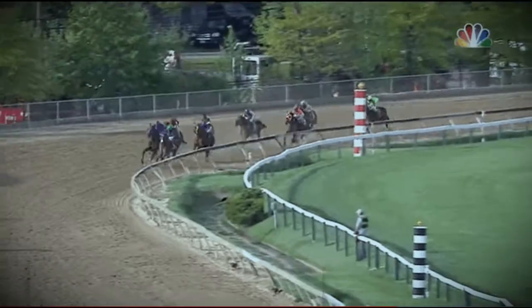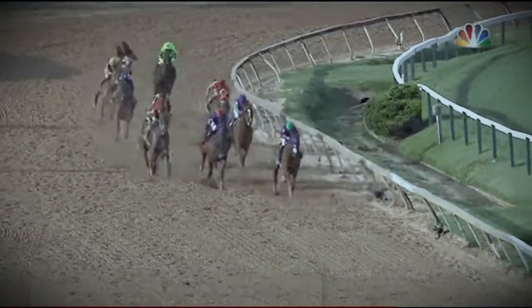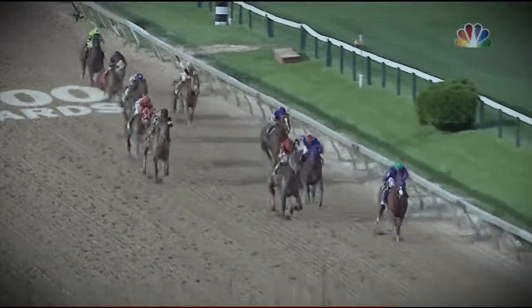at the turn. But at the Belmont, and in any attempt at a Triple Crown, it all comes down to whether or not a horse has enough in the tank to hold off fresher horses who sat out the Preakness. This tool decides Triple Crown winners. We don't know yet if Chrome possesses it. Secretariat certainly did, but don't expect Chrome to leave his challengers in the dust like the greatest horse of all